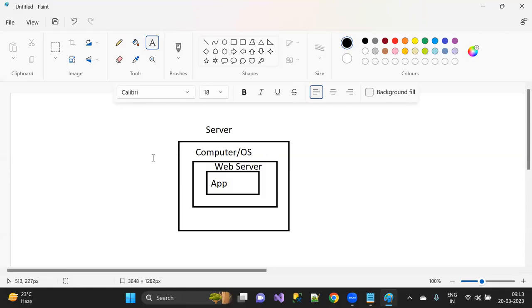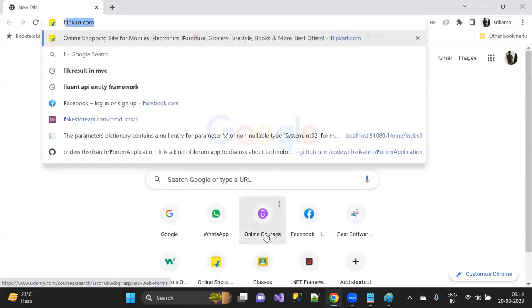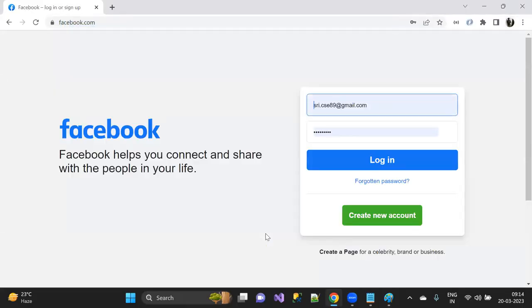Suppose you just want to open the Facebook login page, what will we do? I want to open facebook.com. First I open the browser, and from the browser I give facebook.com. When I give facebook.com, the request goes to the nearest server, which processes the request and gives you a web page.